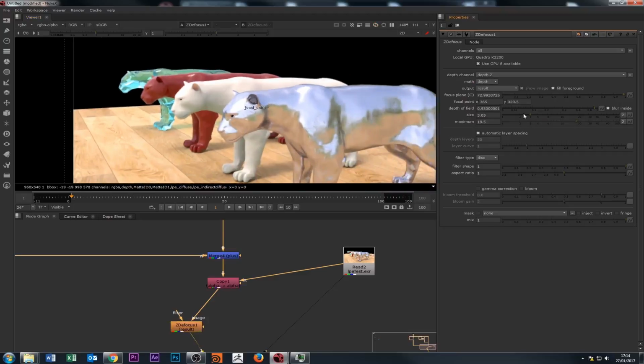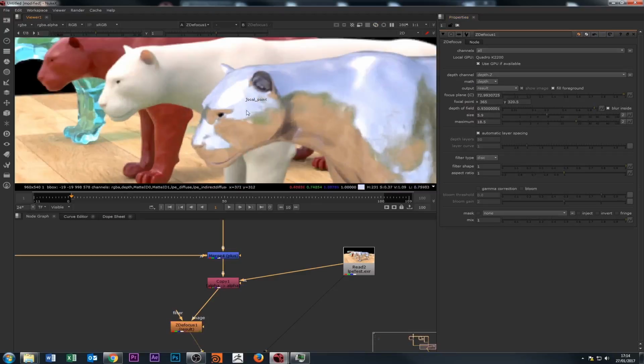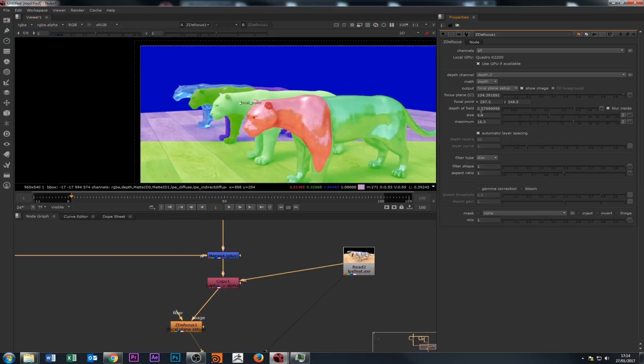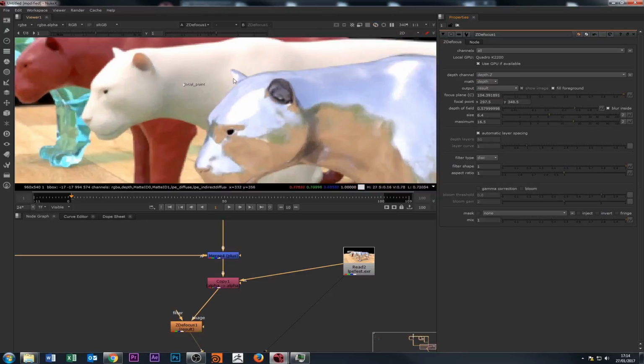So maximum there, and the size of the defocus is this. So I'm going to put this back to the focal plane setup. You see everything is in green. It's going to be in focus. So I think you see that red is going to be out of focus, and this is the size of the defocus. And I think if you go here now into result, then you see this stuff will be,